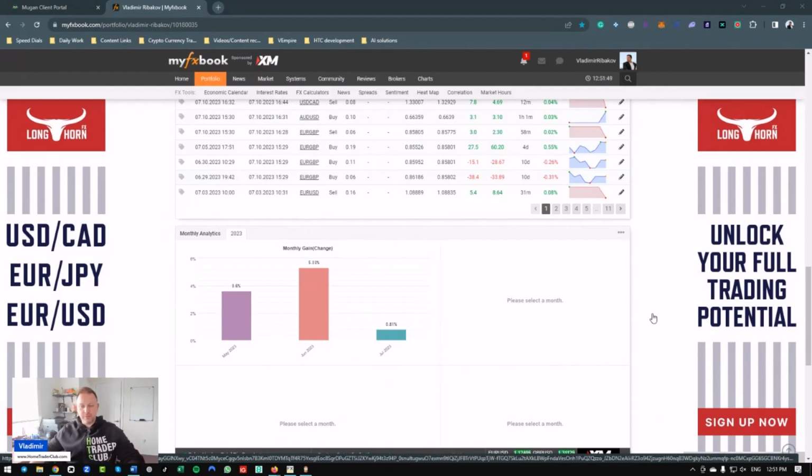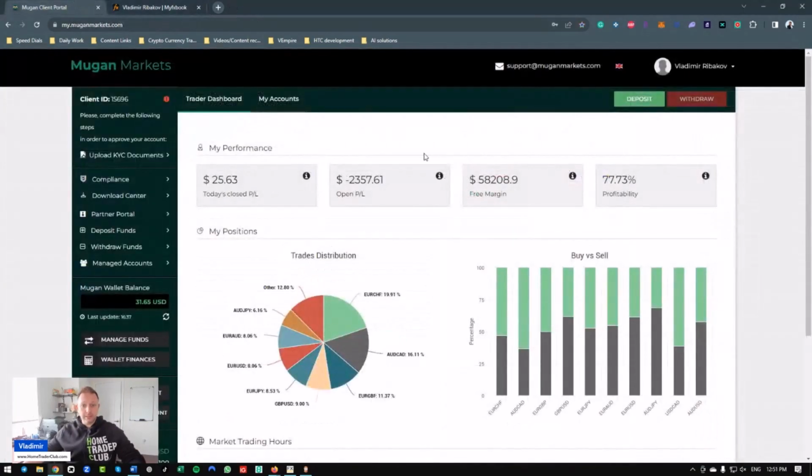I'm pretty satisfied with that and the progress. So again, this is the portal, and I want to explain how you can benefit from all the features. Once you open your account, of course, assuming you want to trade with Mugan Markets and you